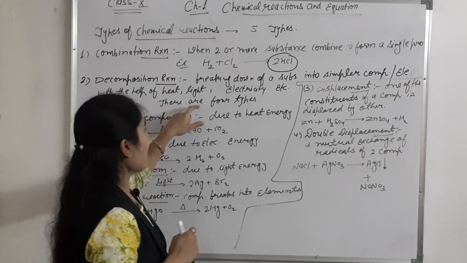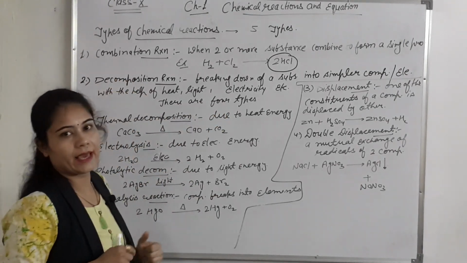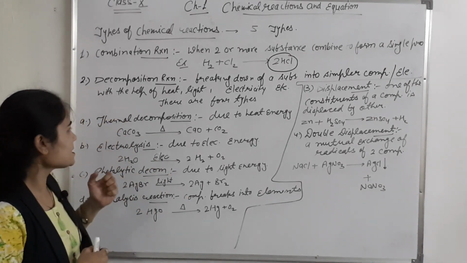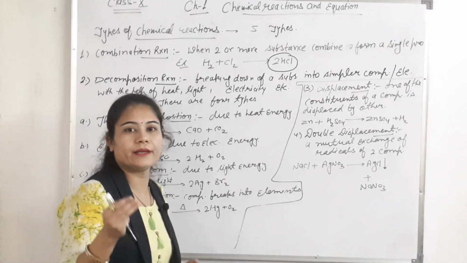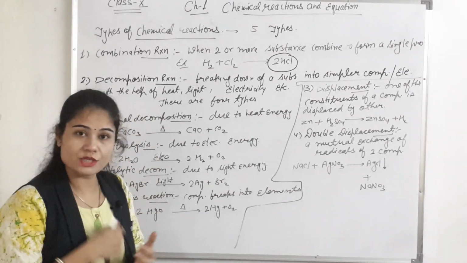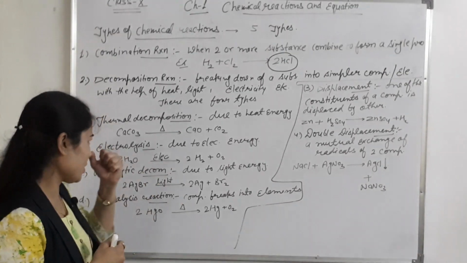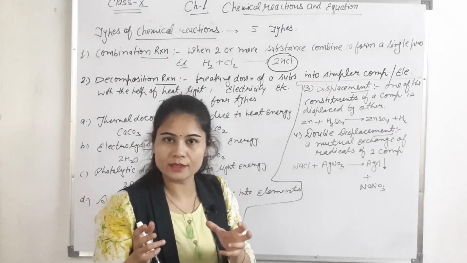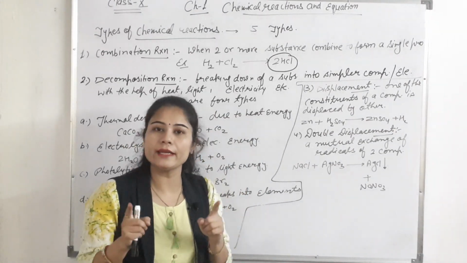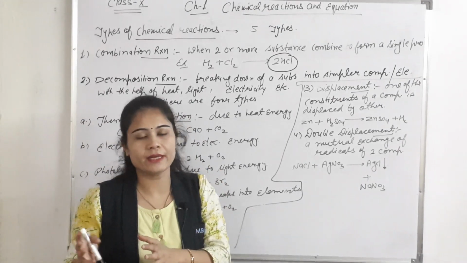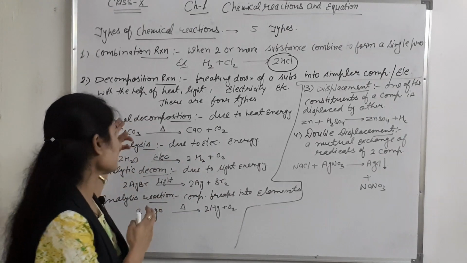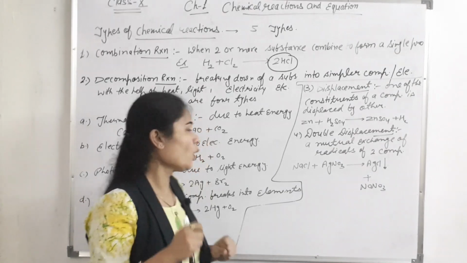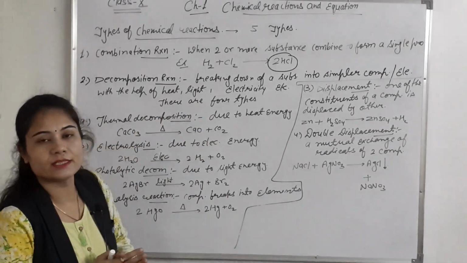Okay, there are four types of decomposition reaction, or four subtypes of thermal decomposition. First is thermal. Thermal is a word that is related to energy. But the question arises, which type of energy is it? Okay, let's see. Thermal decomposition means due to heat energy. Got the point? That means the word thermal is related to heat energy. The energy has different types, but in thermal decomposition, we have the tendency of heat energy.